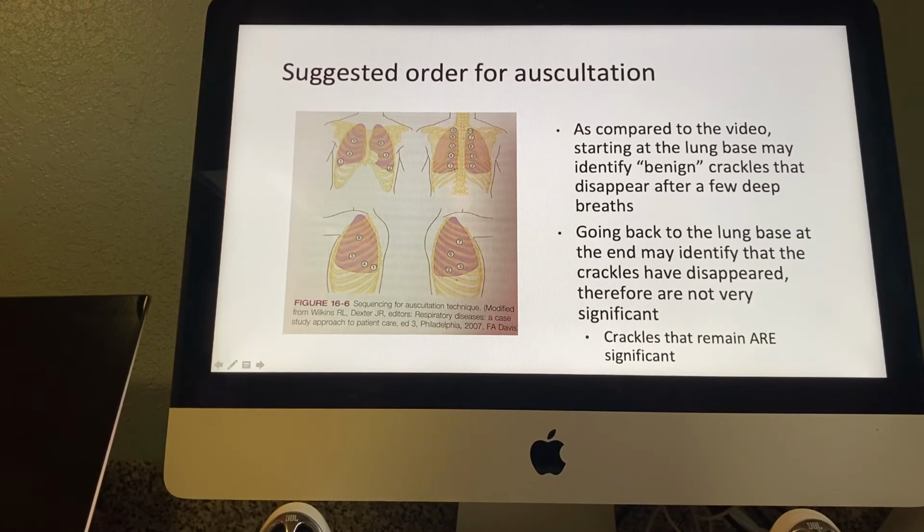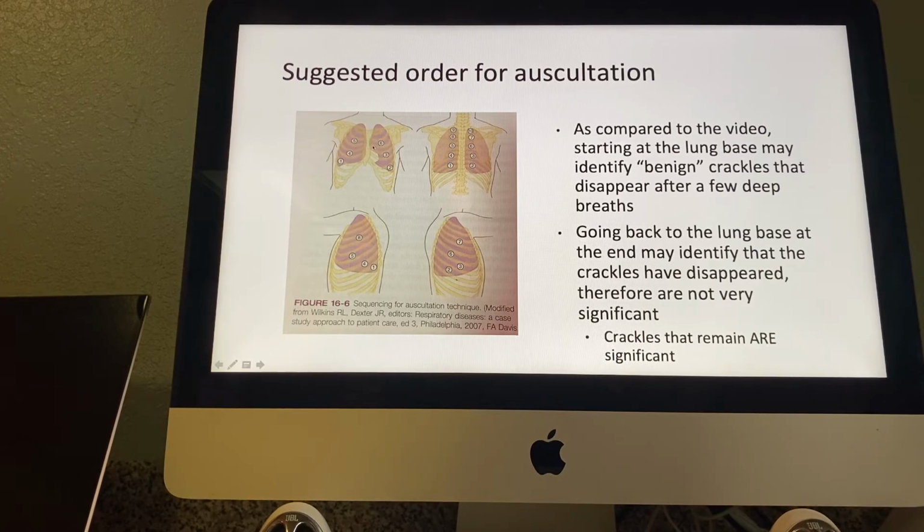Posteriorly, again, we're starting at the bases to see if we have these benign crackles. So 1, 2, 3, 4, 5, 6, 7, 8, 9, 10. So you can see that the majority of this is going to be our lower lobes, but also some of our upper lobes posteriorly. So when you're auscultating, if you hear adventitious sounds, you'll know anatomically where to chart where